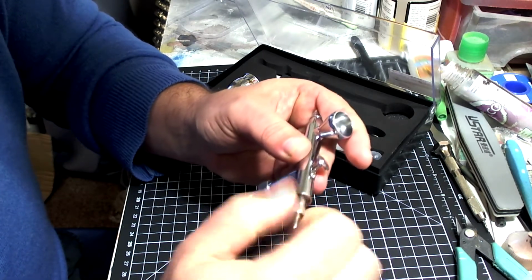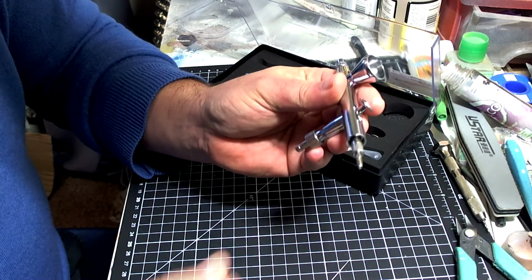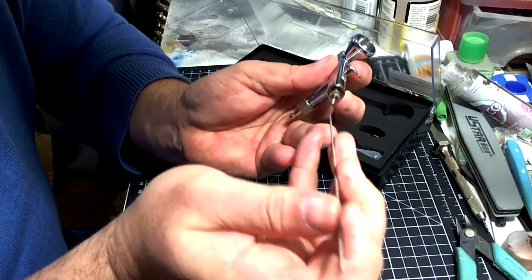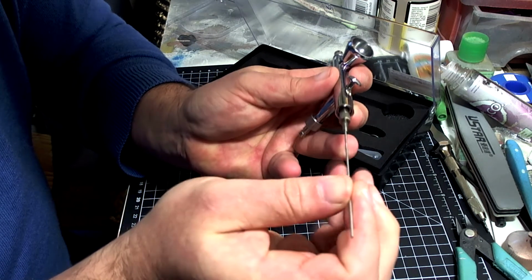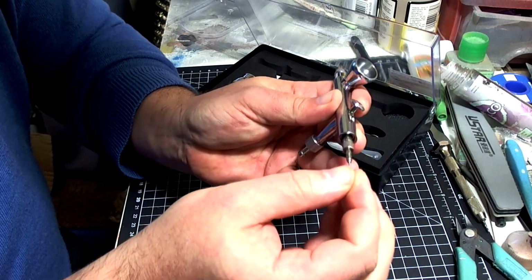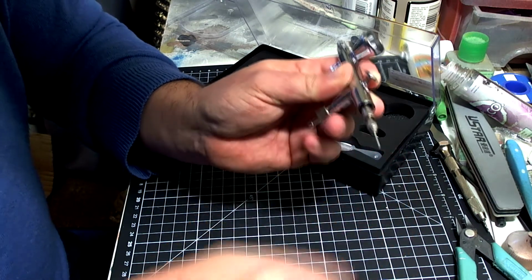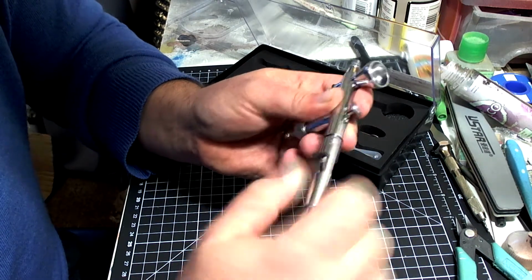So these airbrushes are really easy to use. There you go. You'll feel when you get the grip on it. And then we carefully grab our needle and just gently put it through the hole until you feel it start biting. Put the end cap on there, tighten that up, and then we put this back on. It's literally as easy as that,